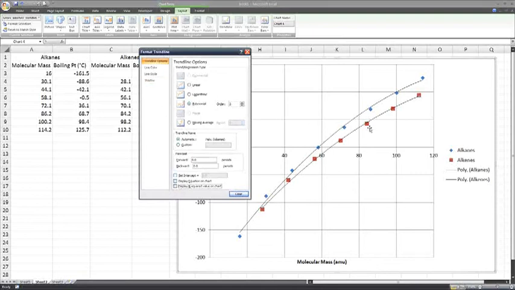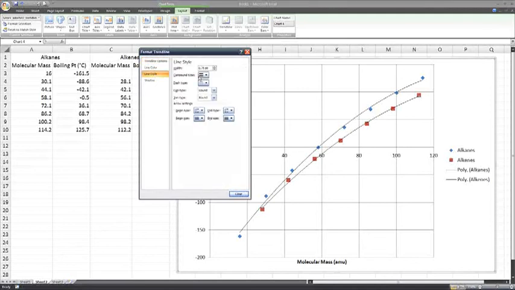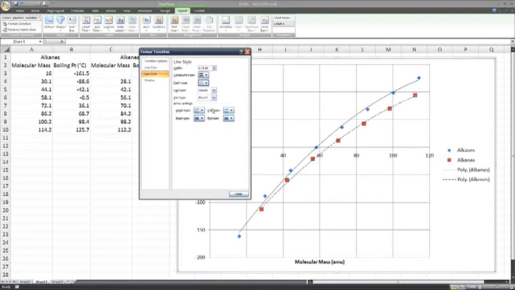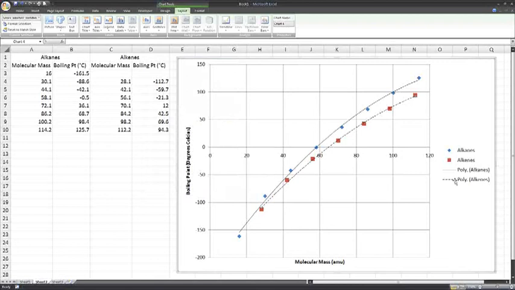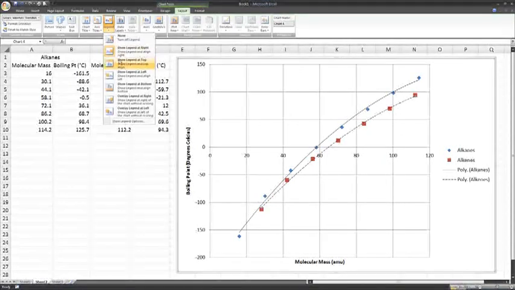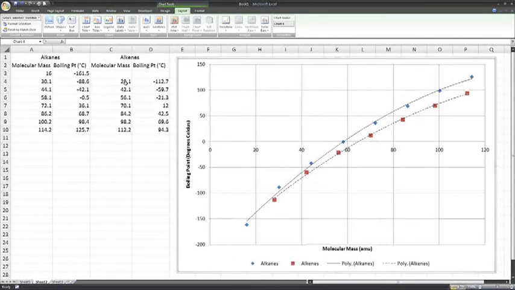Because I want to make sure I can tell the difference between these two lines, I'll go here to line style, and I'll make it dashed, maybe that one, just so it's easy to see. And you can see it's come up in the legend here, showing me which one's for which, alkanes, alkenes, which line. Okay, what else can I do here? The legend, I might put that at the bottom, right down there,